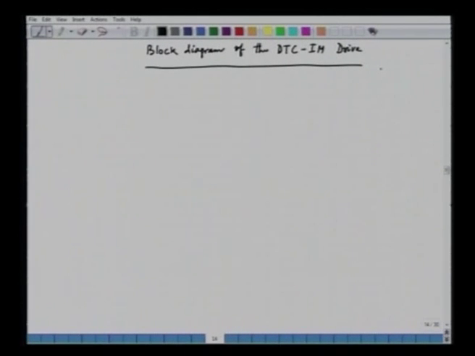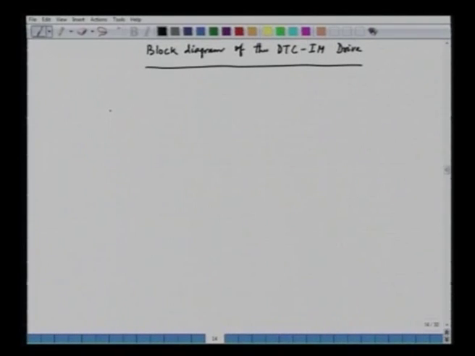So, this is our block diagram. Now, here we are actually employing a voltage source inverter. Our machine is fed from a voltage source inverter. So, that is what we will show here, and we will have actually